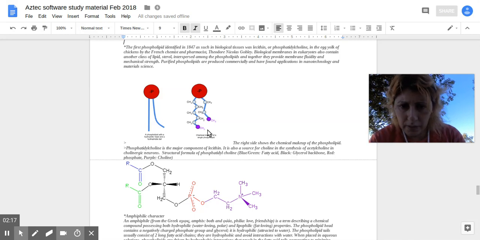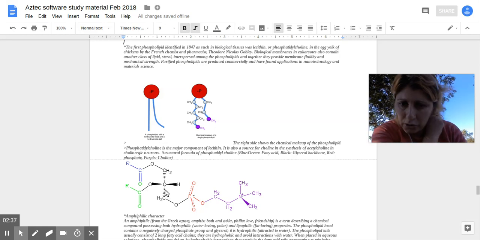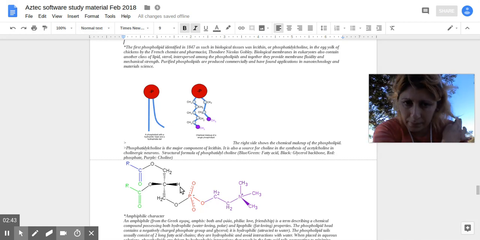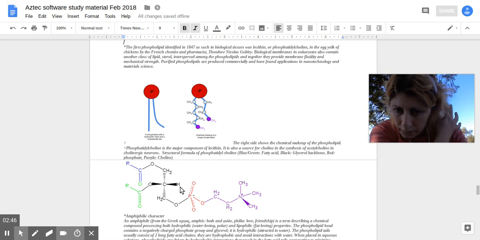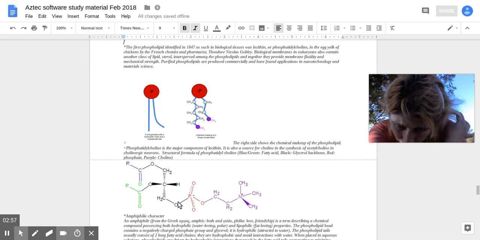So the structural formula of phosphatidylcholine, the blue, it says fatty acid. So this is the glycerol backbone in black, which is a carbon, two CH2s coming off of it, and an oxygen and a hydrogen. So the phosphate group is right here, bound to the glycerol via an oxygen,